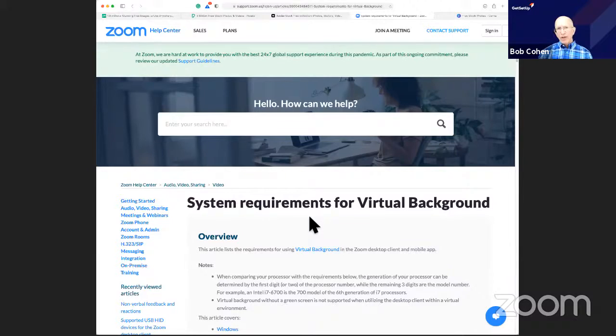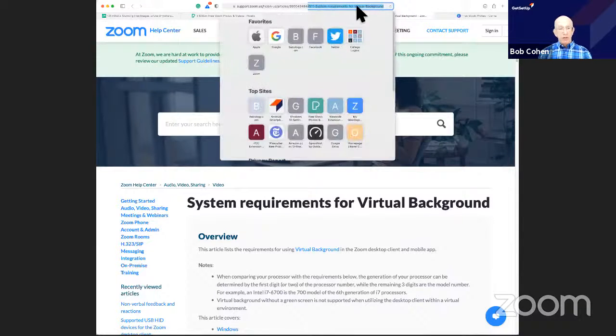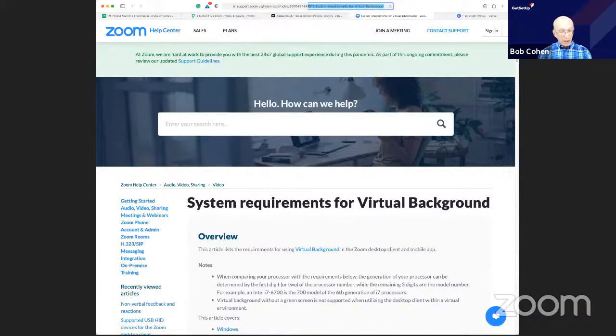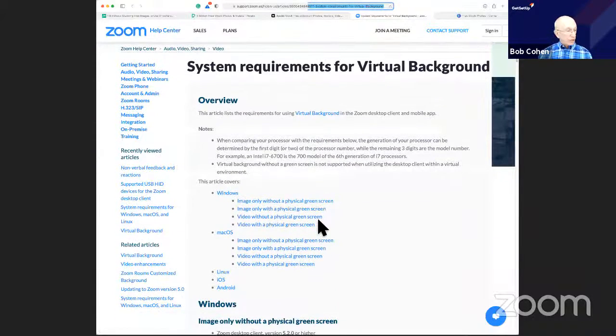Okay, so not all hardware, computers, smartphones, tablets, not all hardware will support the functioning of virtual backgrounds. So this article, and you're going to get a link to this in the email, I'll even include it in chat here for you as well. This tells you what you can do in virtual backgrounds. So it tells you for Windows. I'm going to make my mouse a little bigger here, and then I'm going to draw some check marks. It tells you in Windows, it tells you in Mac OS, Apple, Linux,